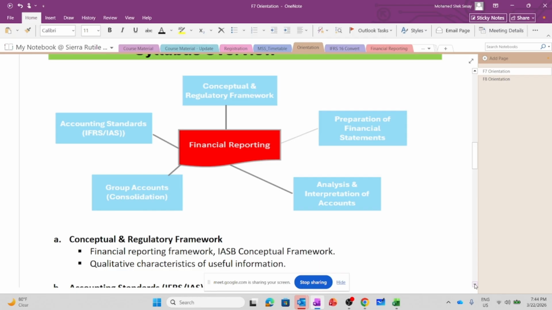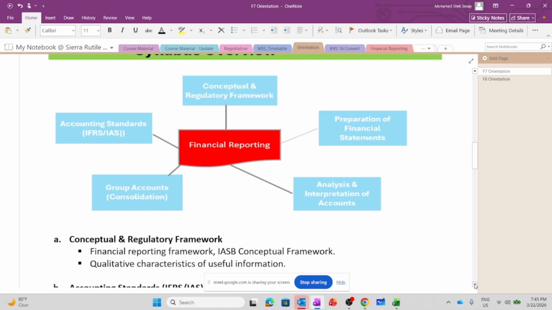And also, we have the accounting standards, the IASs and the IFRSs. Key area you need to know. As an accountant, your greatest weapon should be your accounting standards. You need to know your IASs and your IFRSs, not the name. For instance, talking about IAS 16, I'm not talking about the name. You need to know the implementation. You need to know the adoption of each IAS and IFRS.